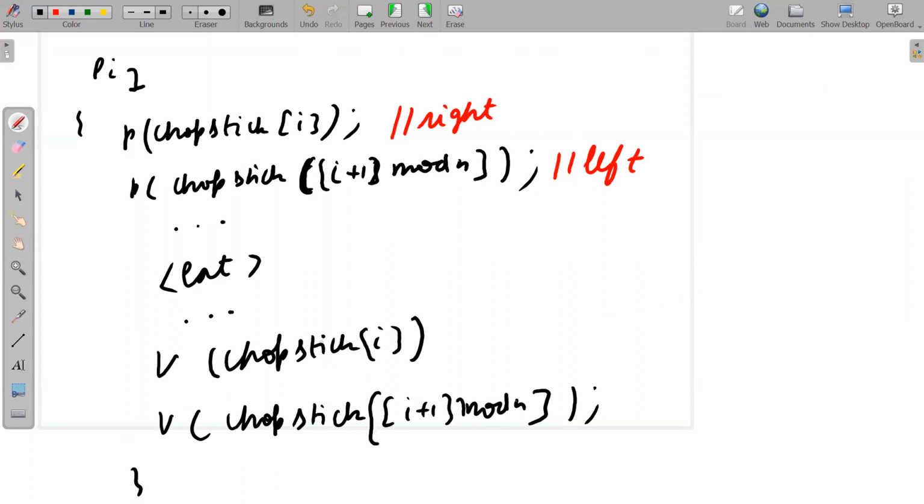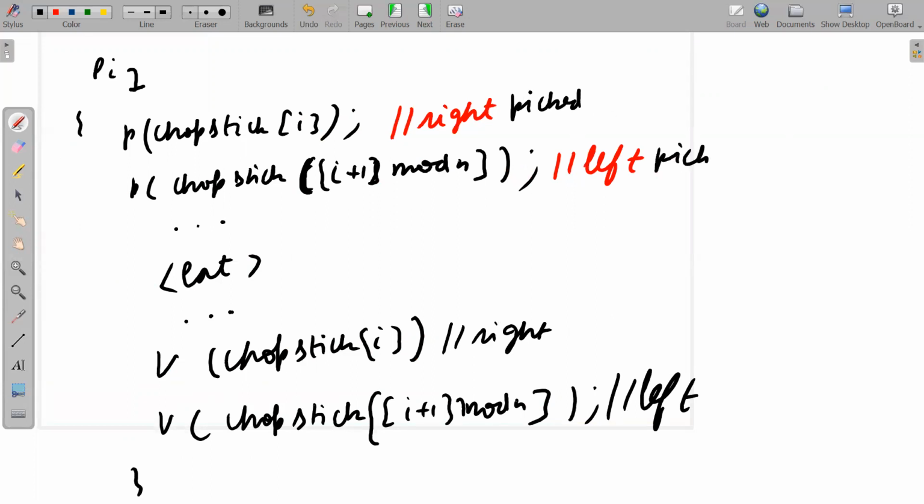So I think you have got it. Now since it has picked the right chopstick, then left chopstick, then after eating it will again put back, after washing it will put back the right chopstick and then the left chopstick. Okay, so right and then left. Right picked, you can think like that. Right picked, left picked, right left right